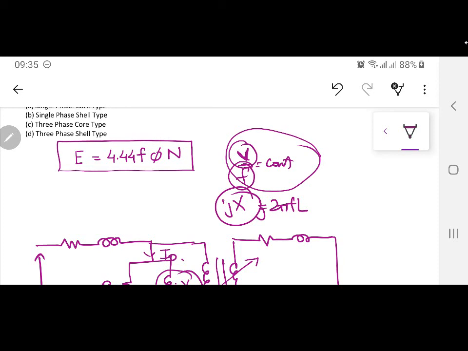If you see this transformer at present, this paper material that is used over there is the insulation for the outside winding. Now this is a shell type transformer in front of me, because the winding is done on the central limb, and certainly the first winding done on the central limb has to be the low voltage winding. I am not using the word primary and secondary here. The low voltage winding is kept first because it is low voltage. So when it is going to have a voltage difference with the core, you don't need that much insulation.